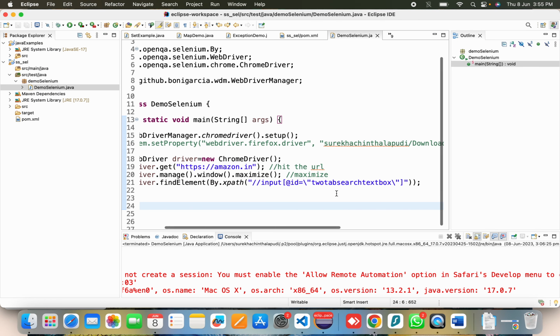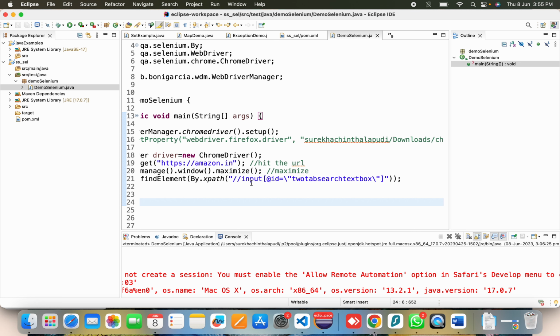Now I wanted to say this. In Java, the double quotes: here you can see that there are four double quotes. Java cannot identify whether it started from here and ended here, or whether it started and ended there. It is not able to define, so that's why you are getting this syntax error. To resolve this, you have to change this into a single quote. Or else, if you are using double quotes,